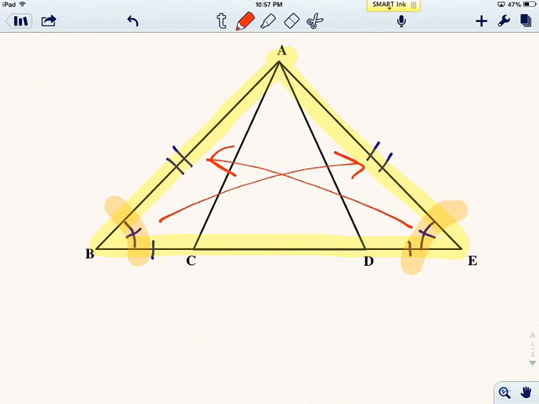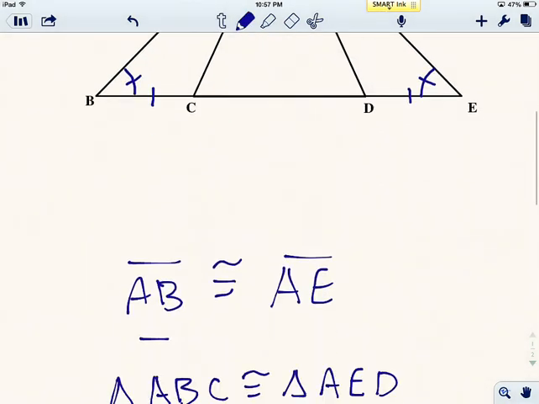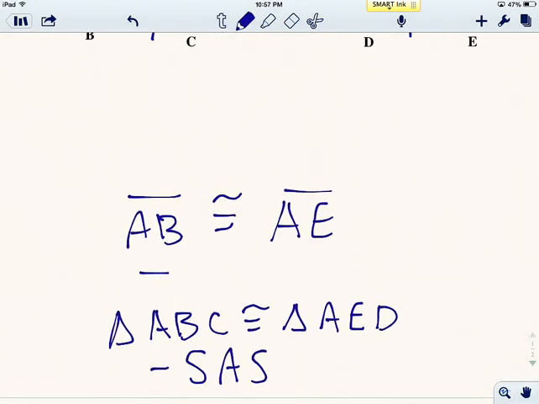So that's why I've drawn my little marks in there. And so my piece of evidence for what I just wrote, that AB is congruent to AE, is just going to be